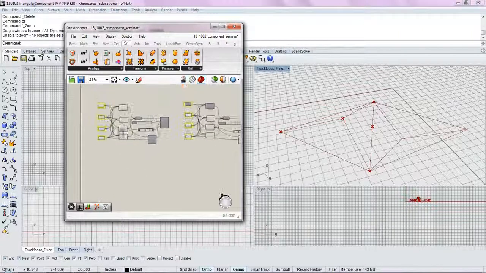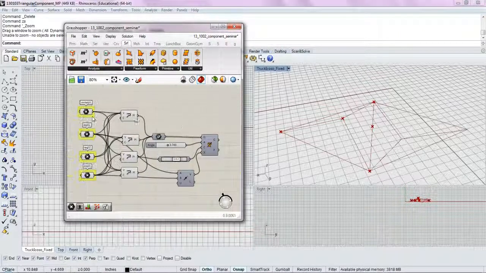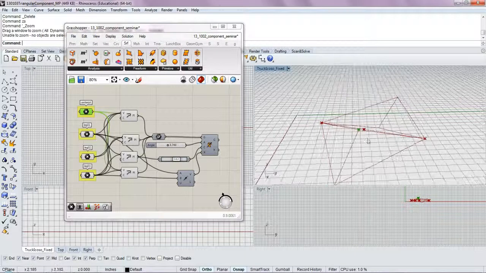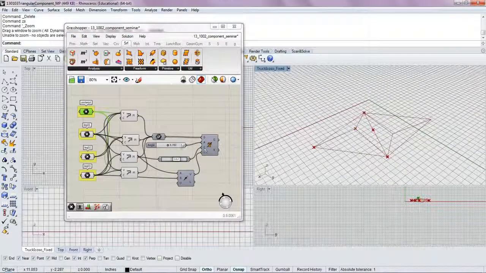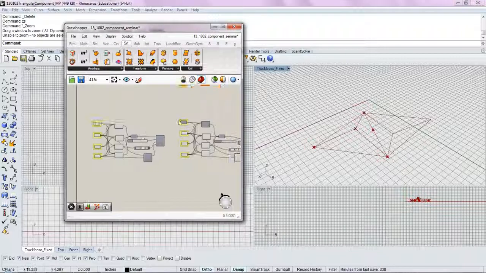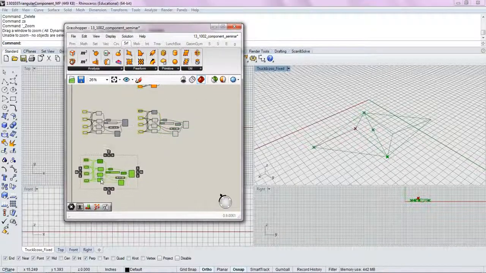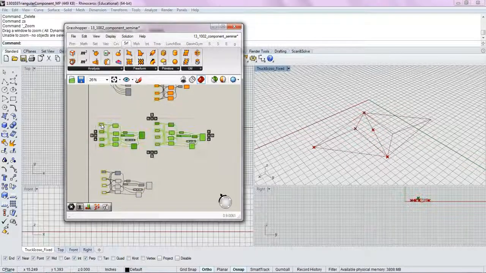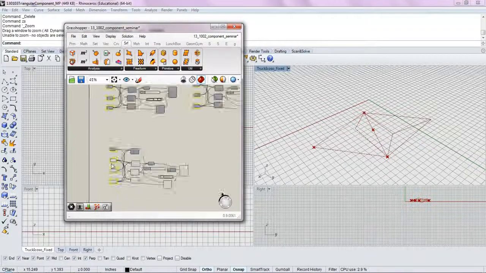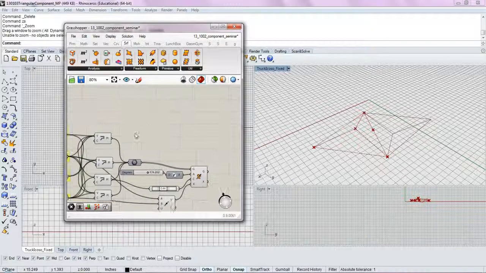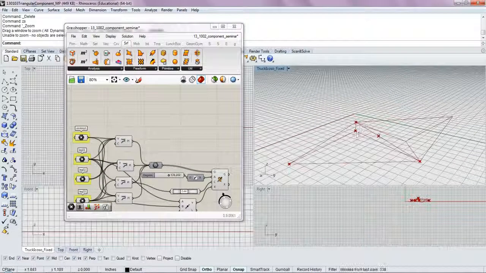The next step we're going to do is take this center point and move it up so that we can start to play with the dimension of these faces on our pyramid. So copy your last definition down for this next step and disable the preview of all of these. So now if we look into this, what we want to do is move or translate this point up in